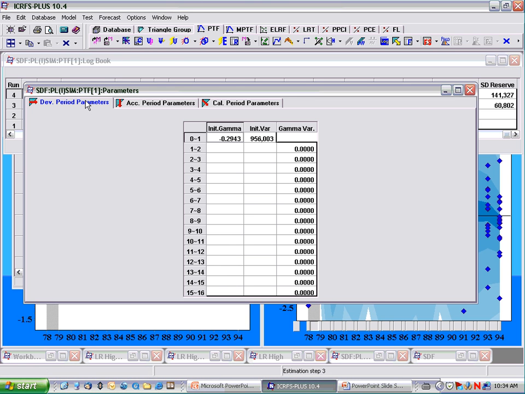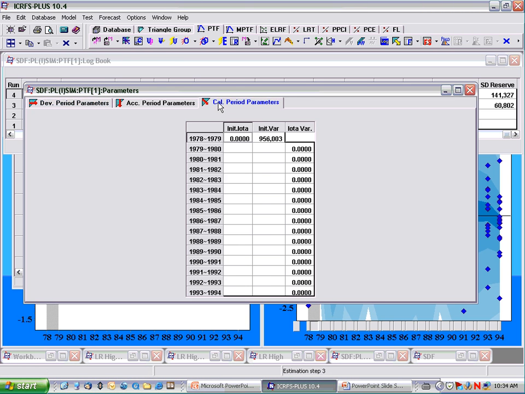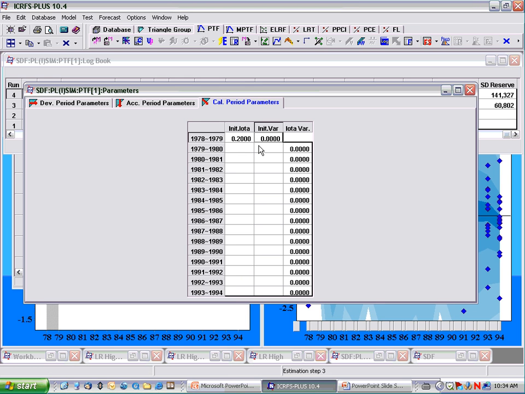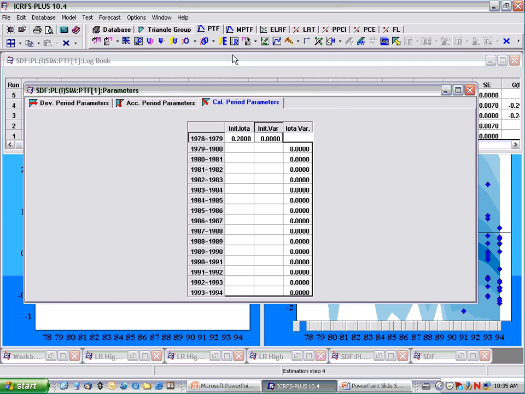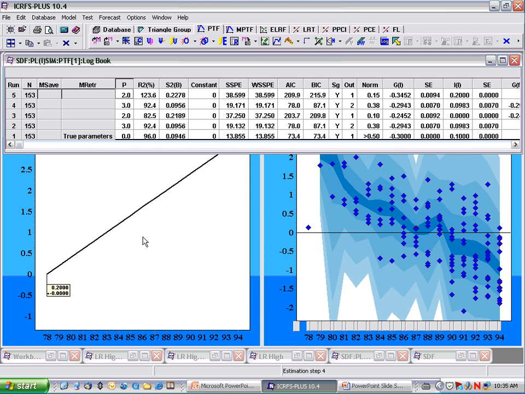You've got 3 tabs within this particular window. Let's go to calendar year parameters. Set the initial iota to 0.2. That's the calendar year trend. If you make the initial variance 0, all you're really saying is that you're giving it full credibility. It's 20% plus or minus a variance of 0. No uncertainty in it. So if you click on E to estimate, you're estimating a trend along the calendar years